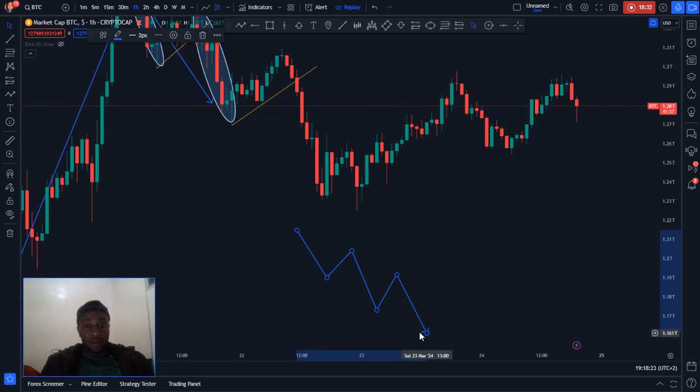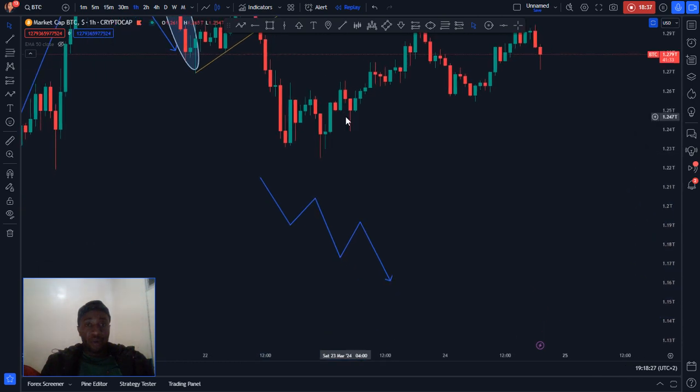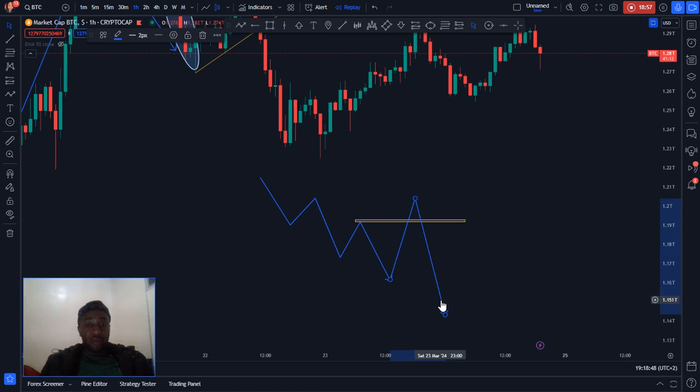Until the market breaks above this point, we can't say the market is going to go up. The market still needs to come and break above this point. That's only when we're going to say the market is going to be going up. If not, the market can't be going up. So it doesn't matter what the market makes, we're still within the downtrend. Until the market breaks this point above here, then we can be thinking that, okay, maybe while it's coming down,